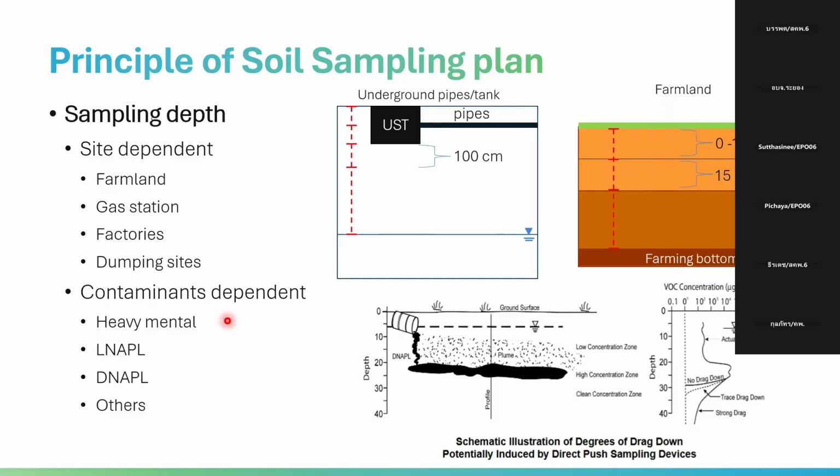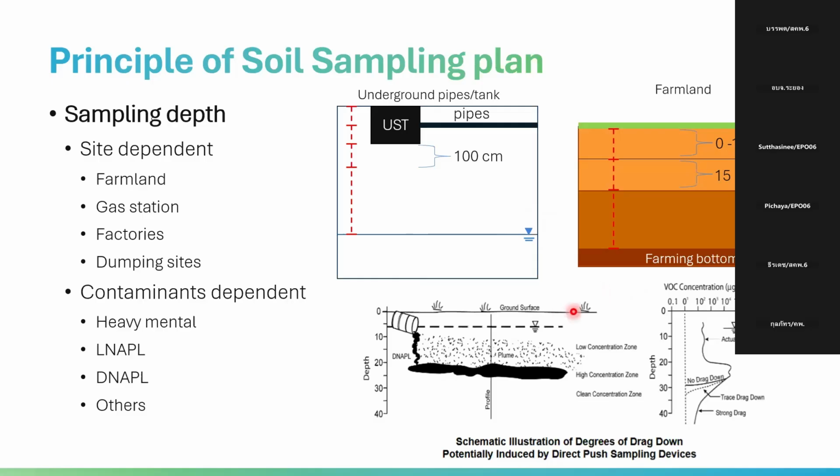But for LNAPL or DNAPL, you should consider the distribution of this contaminant. So you should take the sample at the groundwater level variation location, or when you touch the DNAPL, you should take the sample above the first layer